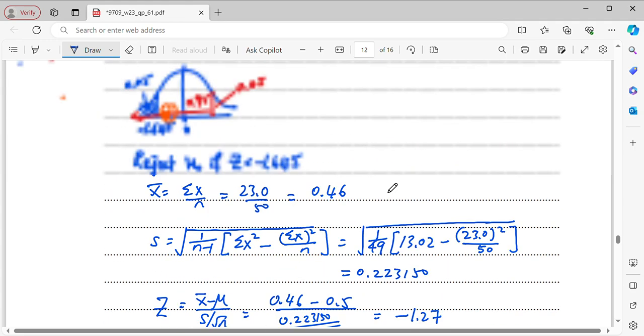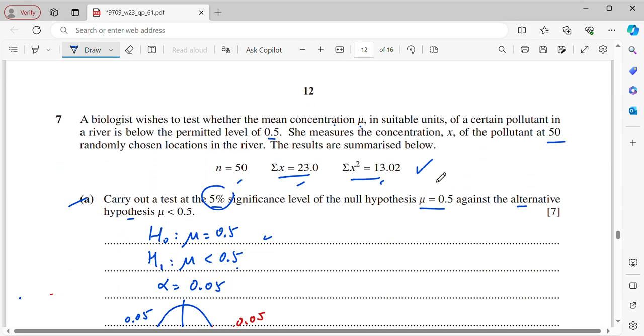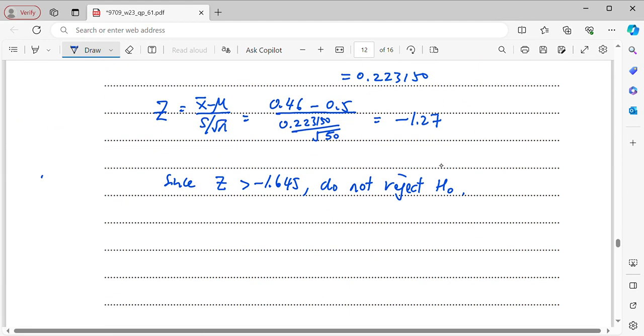So when do not reject H naught, it means that we have to accept this. Or probably you can say that we don't have enough evidence, insufficient evidence to say that the mean concentration is below the permitted level, right? So here I will just write there is insufficient evidence